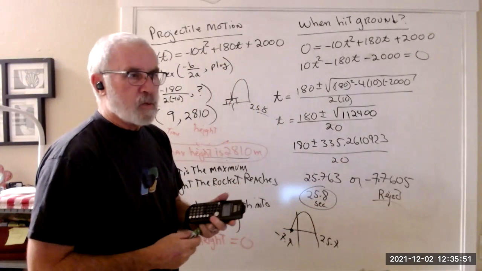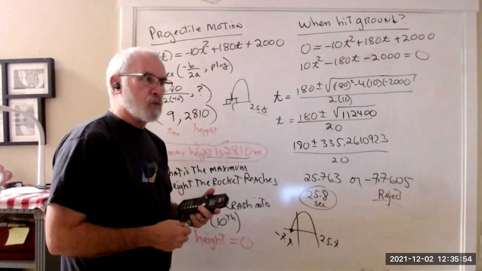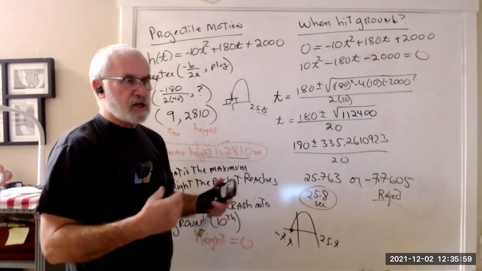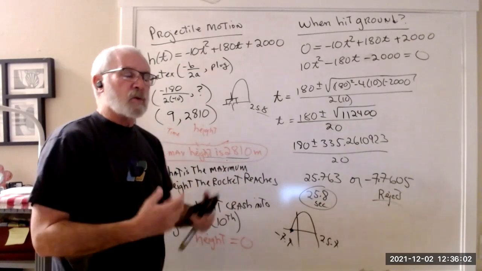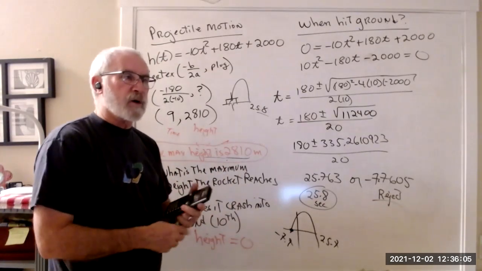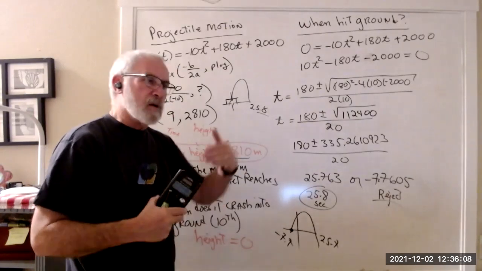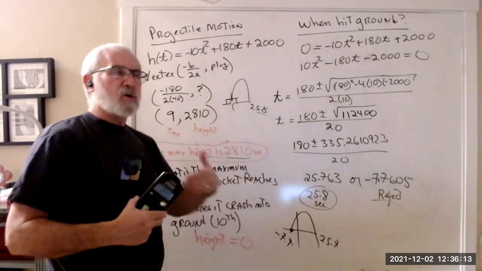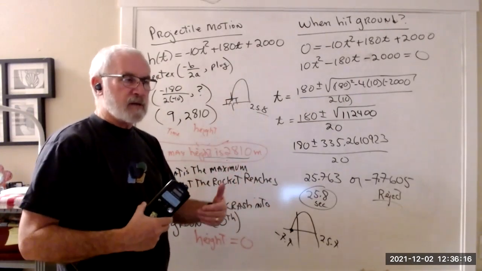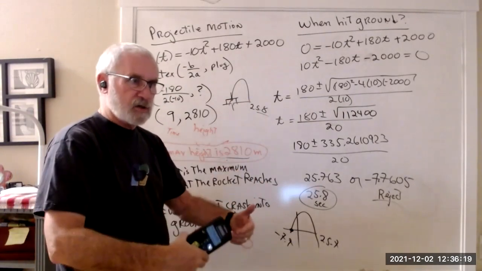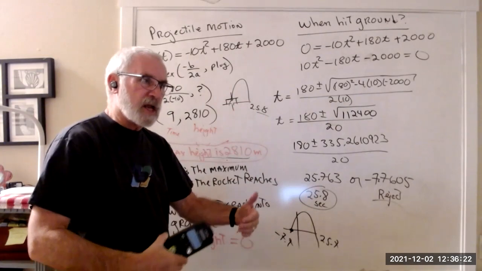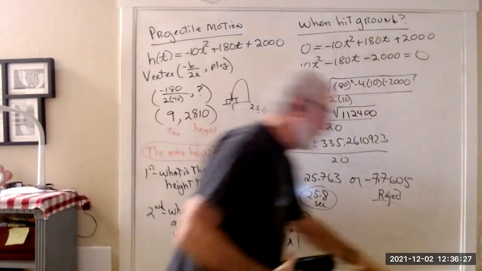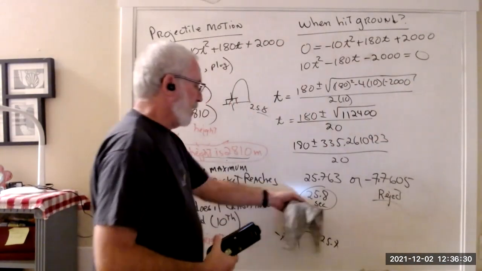By the way, has anybody ever watched or been to a rocket launch? You see them on TV, T minus 5 seconds and counting. When they're saying T minus 5, T minus 4, the minus means time before liftoff, time before ignition. So in terms of time, yeah, there can be negative time. Before now is considered negative time. Now is 0. Past now is positive time. But that's the philosophical idea. Anyway, for this problem,